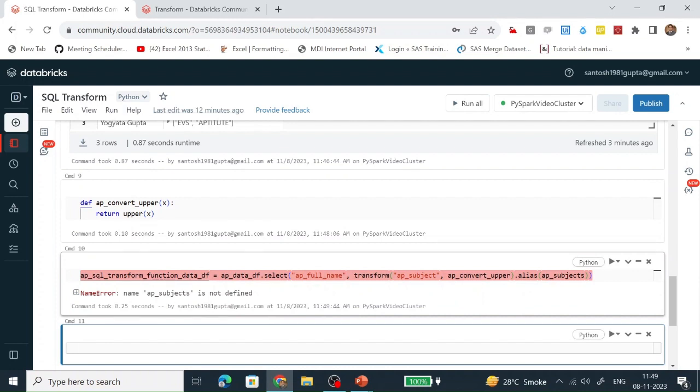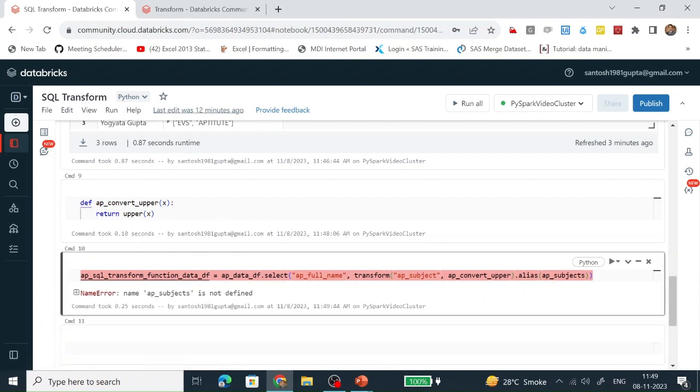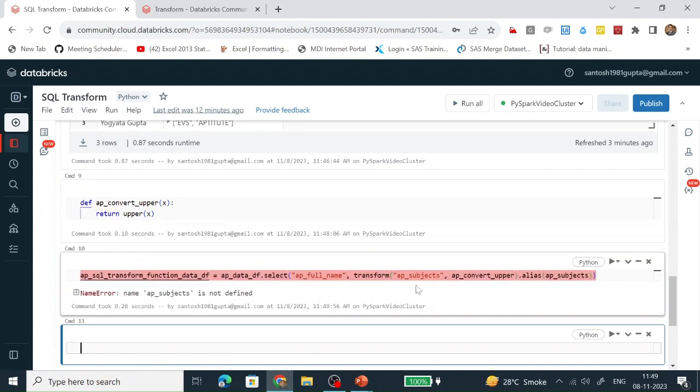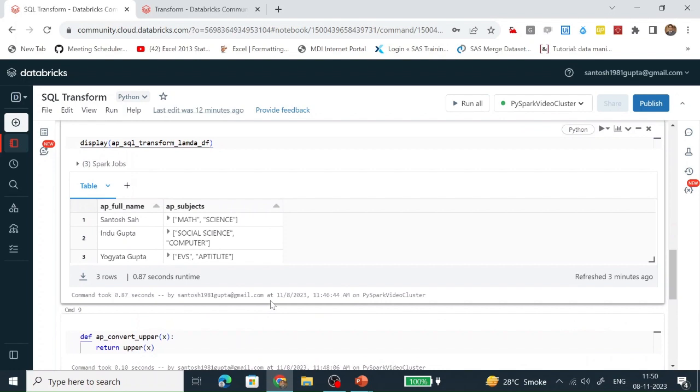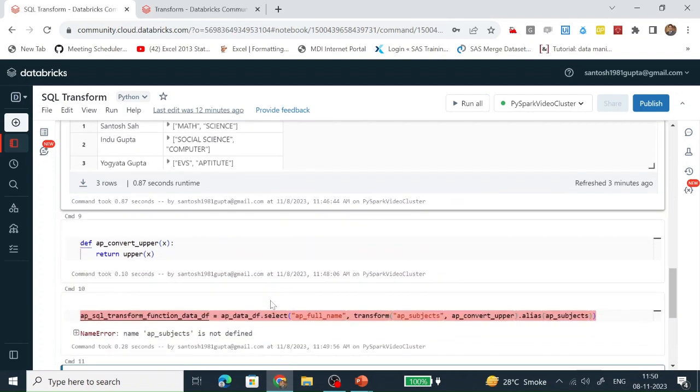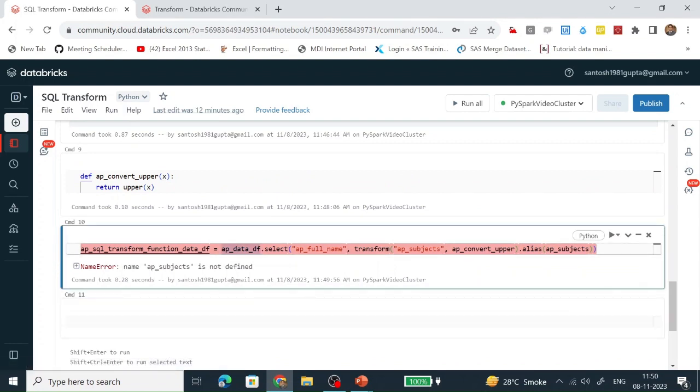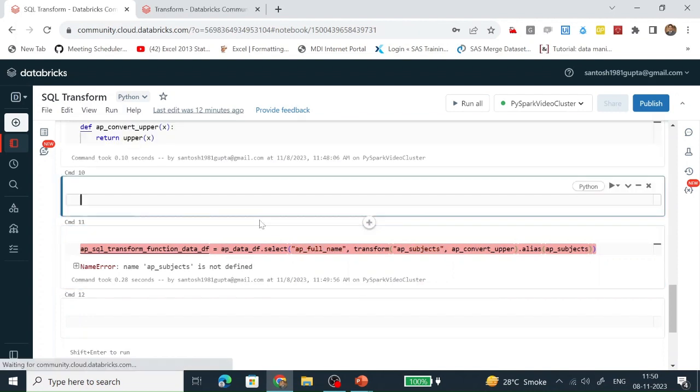ap subject is not defined. Okay, ap subjects. Okay, this transform, no, it's a typo. ap subject is not defined. Okay, let's see the content of this data frame.